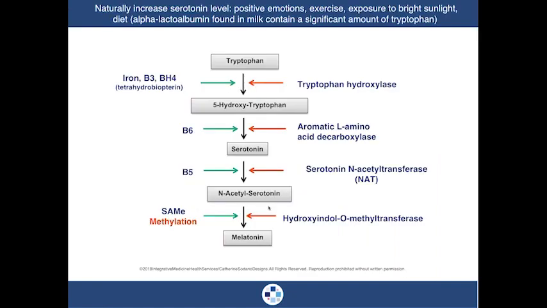So let's, I do want to look at this one pathway that I forgot. I kind of snuck this one in here because I think it's important before we look at the methylation pathways as it relates to thyroid. I thought this would be kind of neat because also iron, niacin, and BH4, tetrahydrobiopterin, is also needed for the conversion of tryptophan to what? To serotonin. Serotonin needs methylation to make melatonin. Excuse me for a minute.